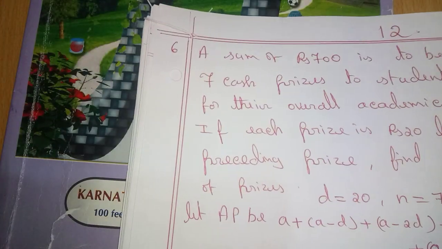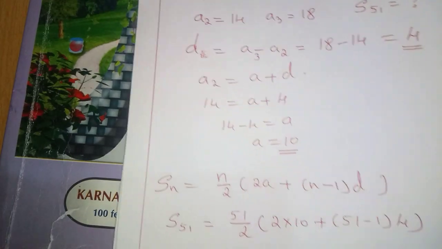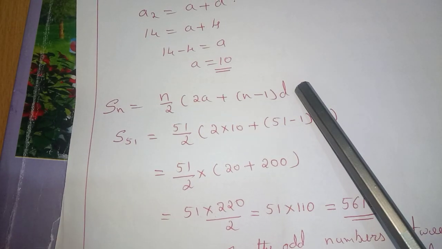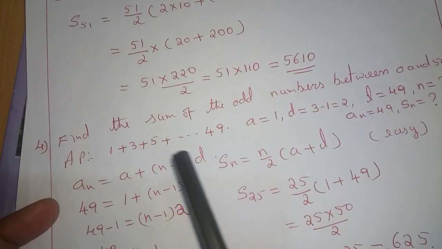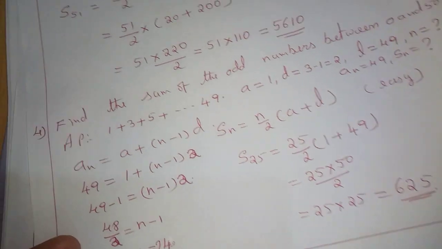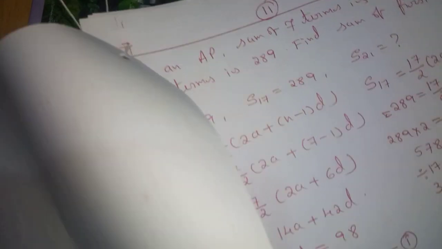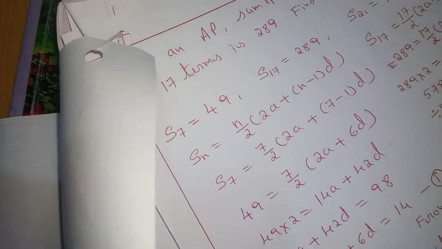I hope you all understood. Recall Sn formula. Sn is equal to n by 2 into 2a plus n minus 1 into d. Using that one we have solved a sum. Then first term and last term is given. We used Sn is equal to n by 2 into a plus l formula. Then sum of two terms again are given. We have to frame two separate equations and solve. Then last, distribution of prizes.